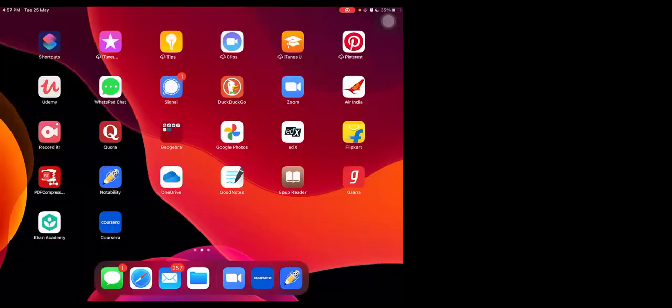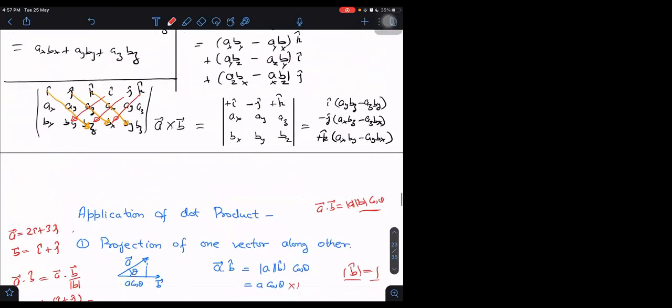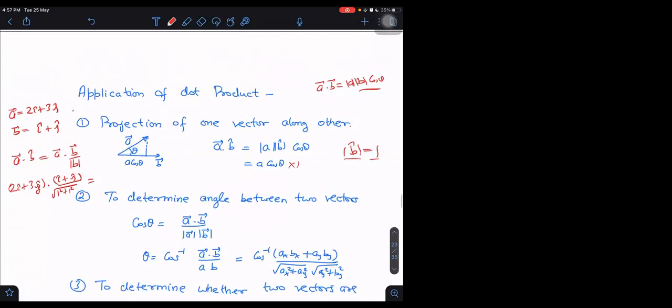Right. So what is it? 2i plus 3j dot i plus j upon this thing. So what do we get finally? As we know, remember this: ax into bx plus ay into by. So 2 by root 2 plus 3 by root 2, which is equal to 5 by root 2. How do we get this? ax into bx. What is bx here? B cap x is 1 by root 2.